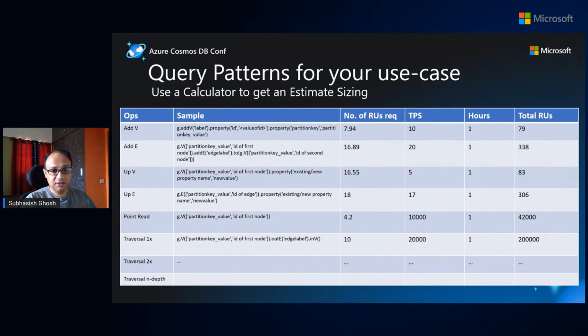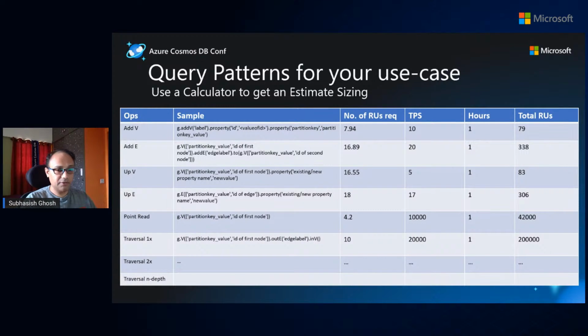Then the traversals are very, very key. For our use case, we studied 1x in detail, 2x also in detail, up to 3x, not beyond that. There is a very important point to mention here: though we refer to it as a media analytics or social media engine, or graph analytics, or fraud analytics, technically you should leverage Azure Cosmos DB Gremlin API for building OLTP transactions.